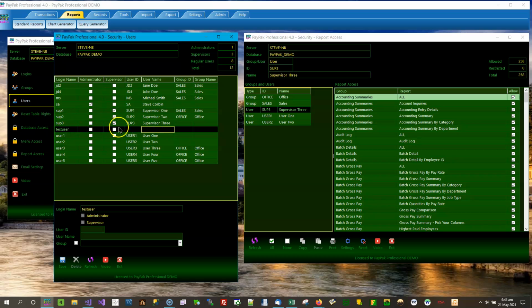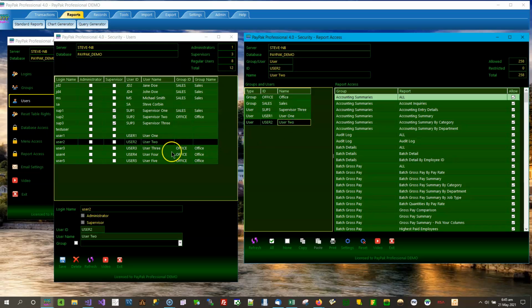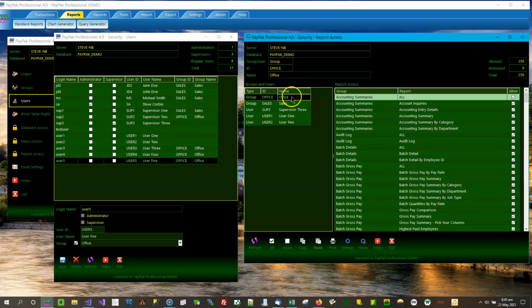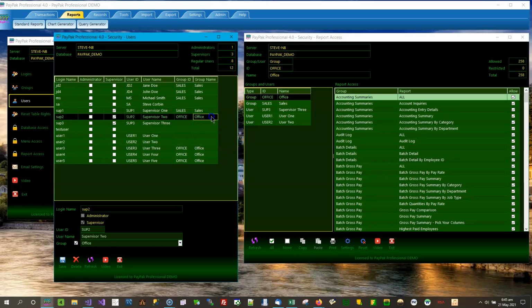Test user is not listed because test user is not a user assigned to this database. User 1 and User 2 are listed because they are not members of a group. They're listed here and here. And User 3, User 4, and User 5, they're not in the list because they are members of the Office group, which is listed at the top. So when you assign report access to the group called Office, you're assigning it to Supervisor 2, User 3, User 4,